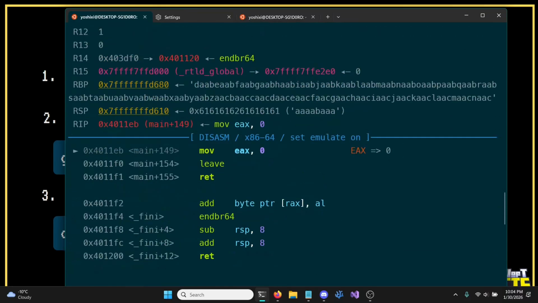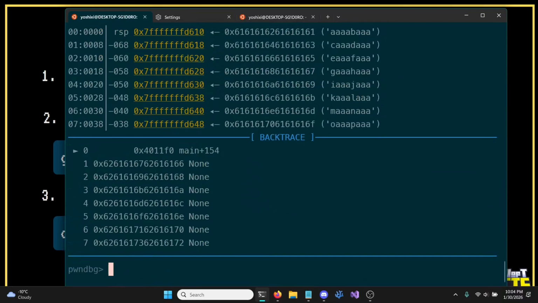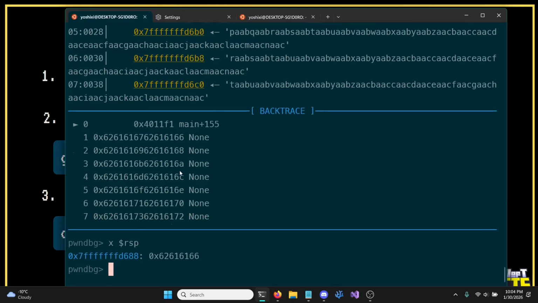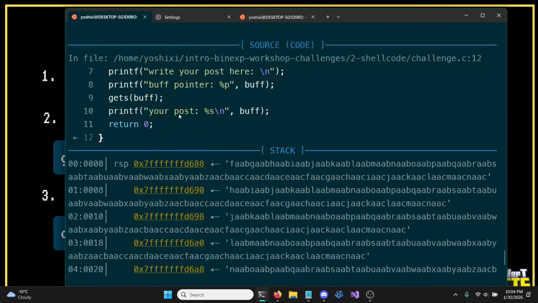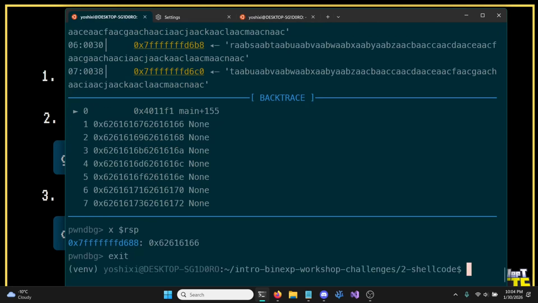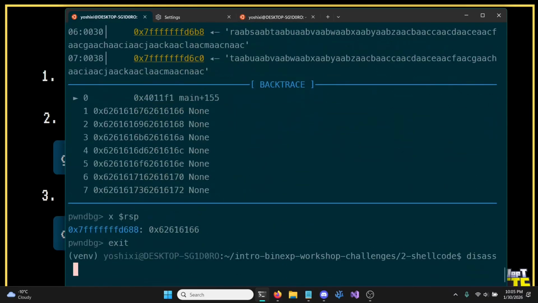So we'll just see what the value of RSP is right before we return. Next instruction, x value of RSP. Okay, so this should be 120. What we're going to be doing is we want to change this return address to the address of wherever we inputted our code. So I'm going to disassemble main again,